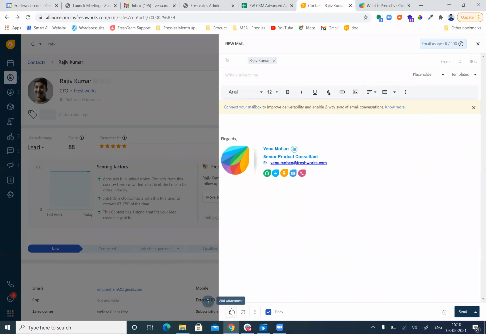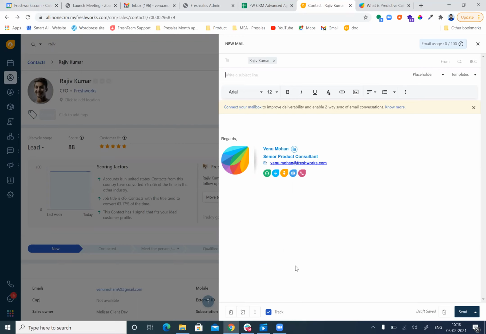You can also attach your files and documents, and you can schedule the email, just as you schedule an email in Gmail and other email services. Next to that, you have the track option. This is a value add to understand customer behavior. Whenever you send an email from Freshworks CRM, the CRM will try to capture the metrics of each and every email's deliverability. If the customer opened your email, clicked your email, or the email was not delivered, those metrics will get captured against each email you triggered from the CRM.